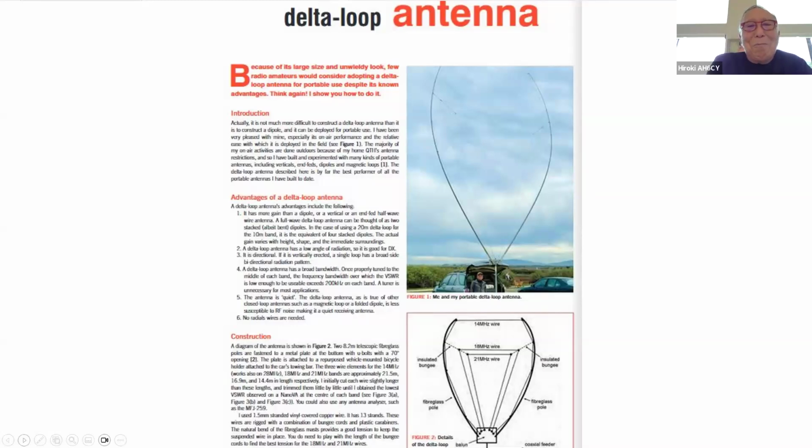So the majority of my on-the-air activities have been outdoors. And luckily, I live in Northern California, where the climate is mild and there are more sunny days than not. So it is a great location for all kinds of outdoor activities, including ham radio. As a result of having to operate outdoors mostly, I have experimented with all kinds of antennas,